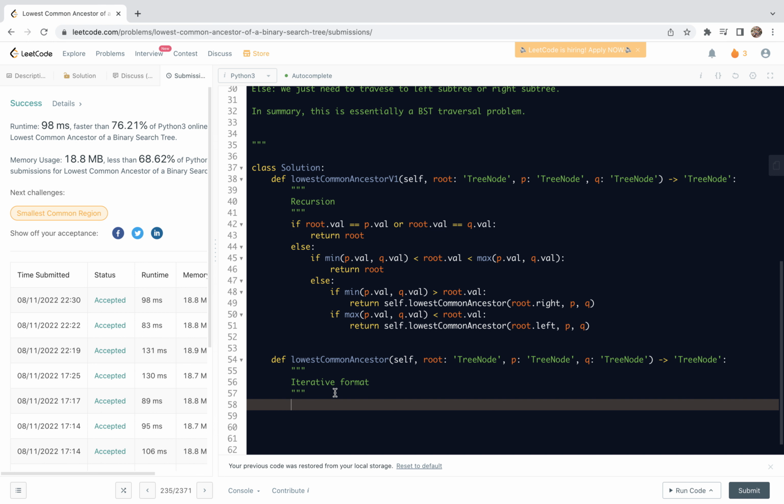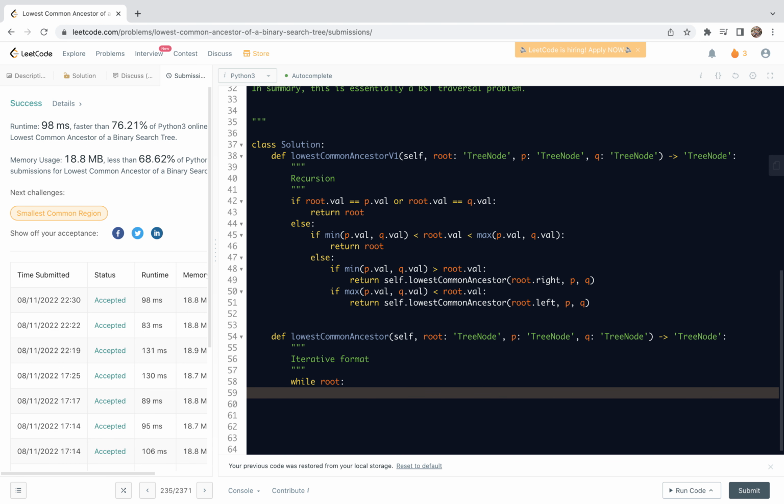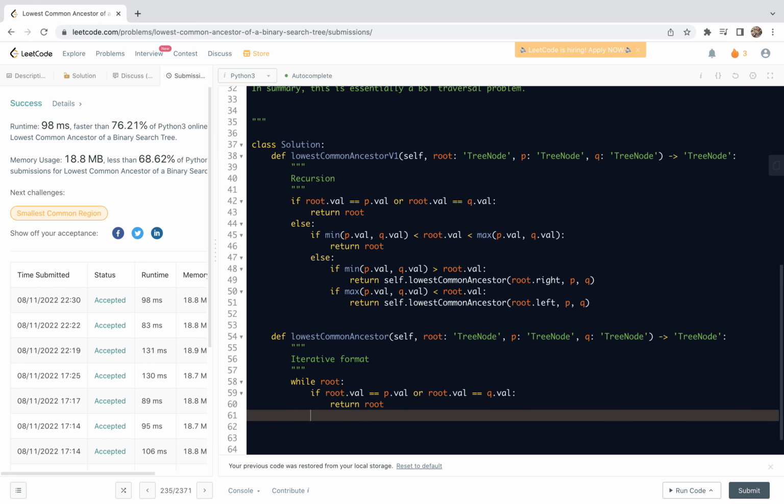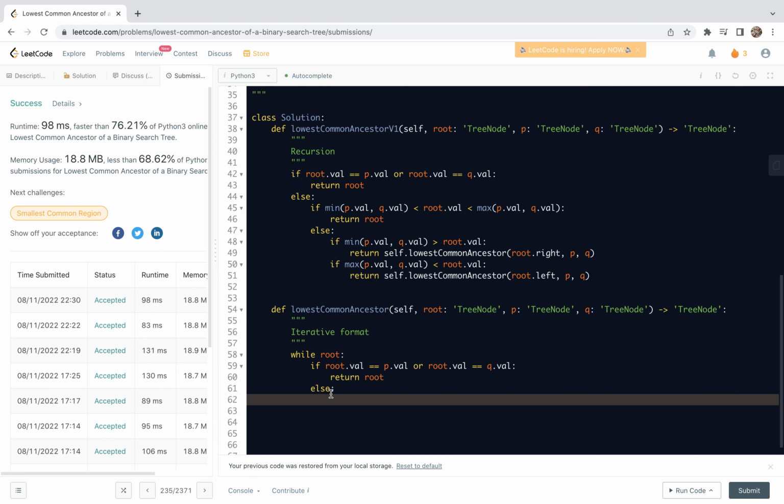Because of this iterative fashion, we're going to use a while loop. While root, what we are going to do is check the root value against the p value and q value. If root value equals p value or root value equals q value, in this case we are going to return the root. This is the if corresponding to the first if above, and then the else condition. In other words, the values are not equal, then we're going to check if the min